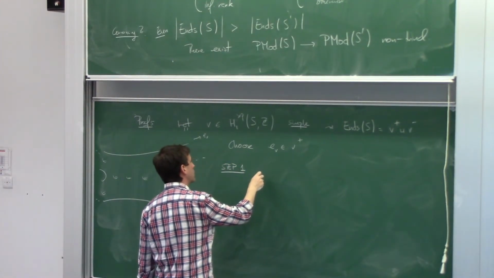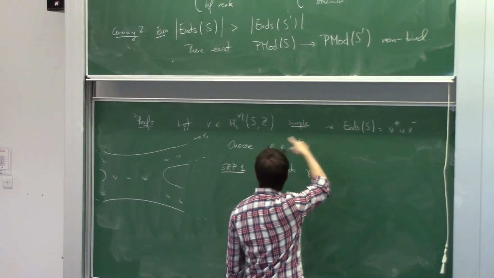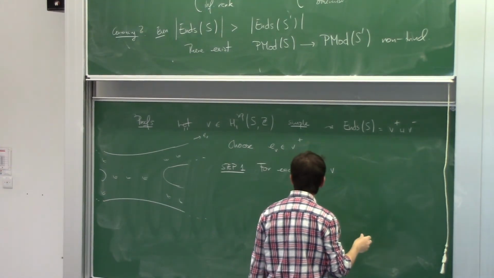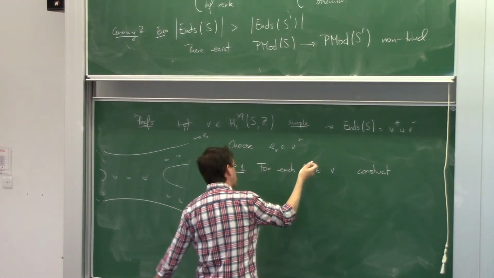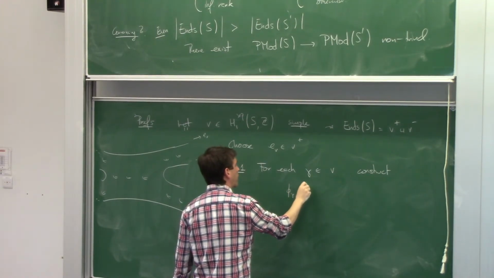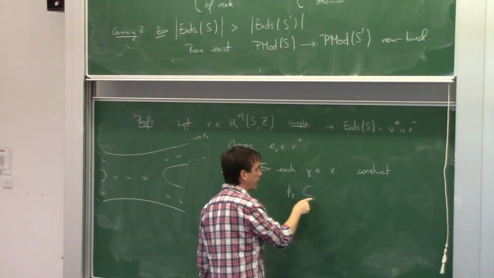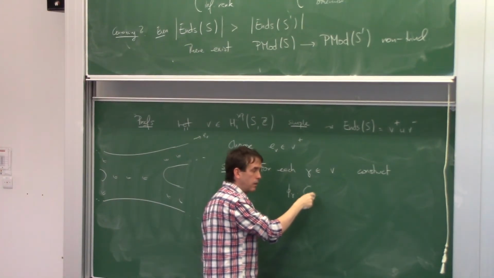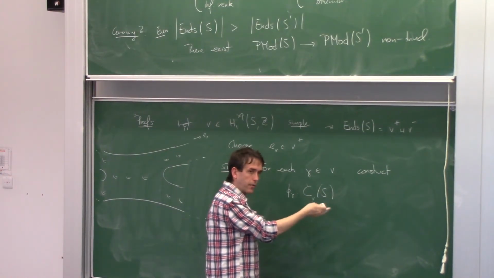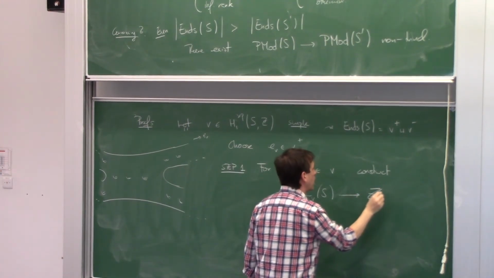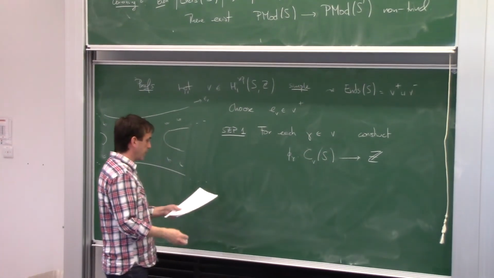I'm going to construct, so for each gamma, a representative of this homology class, we're going to construct a map, actually a non-trivial map, which is good, from the set of curves homologous to V. So it's a subgraph of a curve graph, but I don't care that it's a subgraph. It's just a set of curves to Z. Non-trivial. And so how do I do it? So let's see.